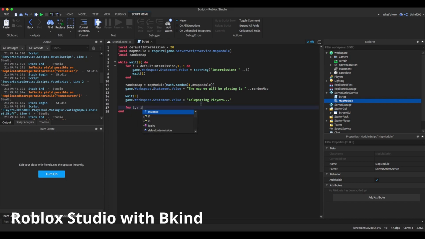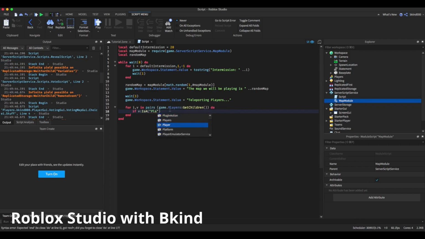We're going to use for i, v in pairs game.Players:GetChildren() do. Then if v:IsA("Player") then. In case there's another value other than a player, every player will have the player instance, so it will always be a player instance. That's why I suggest saying v is a player, so that it will count accurately for players. Then v.Character:MoveTo,